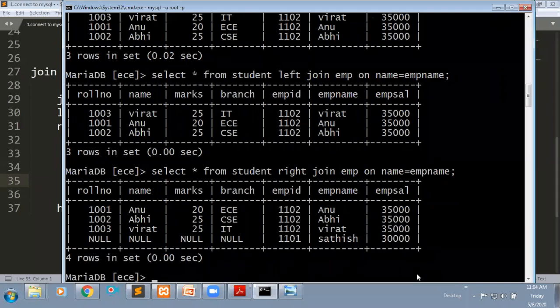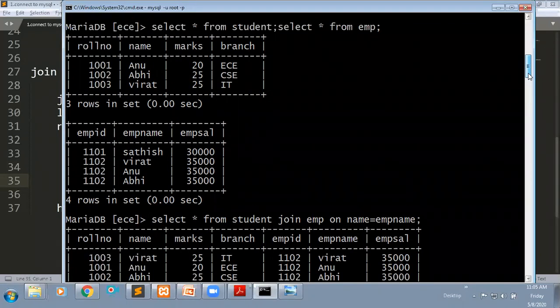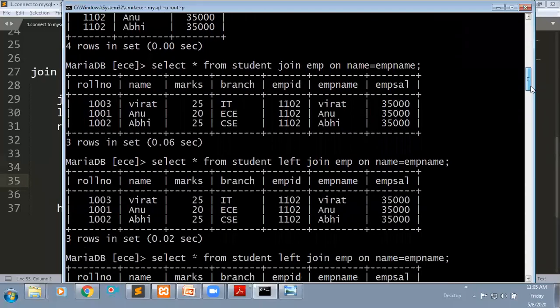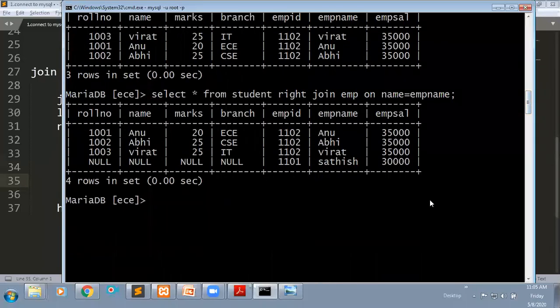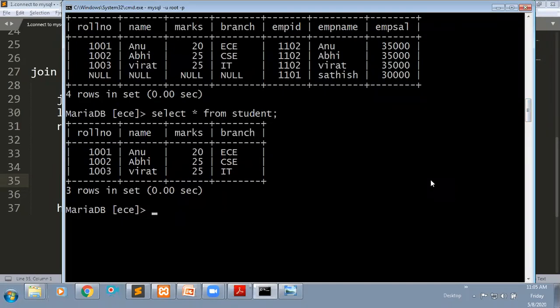Here it is giving the left join. What we will do is change something. Actually, in table one we have only three rows. I will insert one more row into the student table. In the student table we have three rows only, right? I will insert one more with some other name.